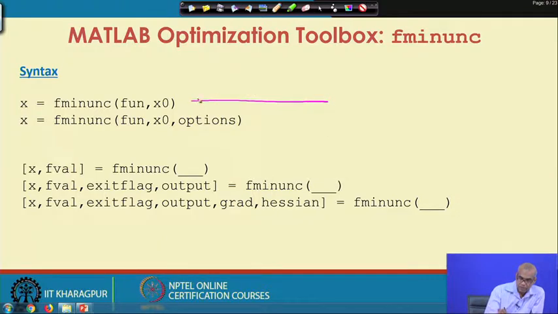Note x equal to the built in function name, the solver fminunconstrained, fminunc. It takes two arguments, the name of the function file in which you have written the function that you are going to minimize and the initial guess.